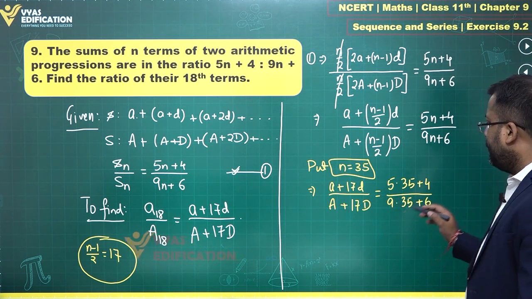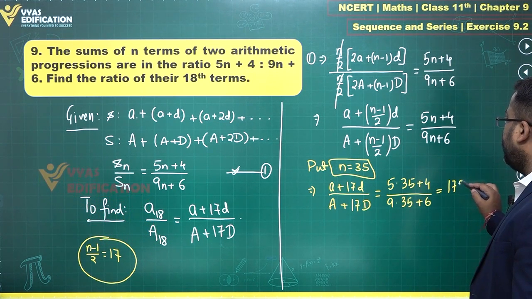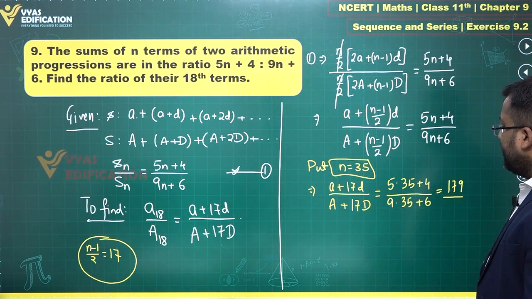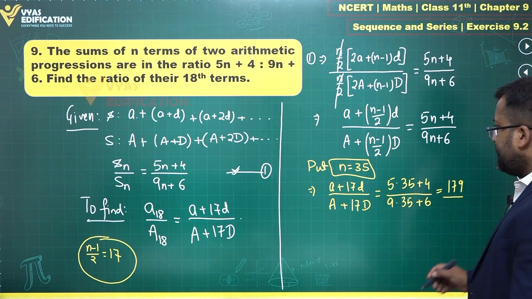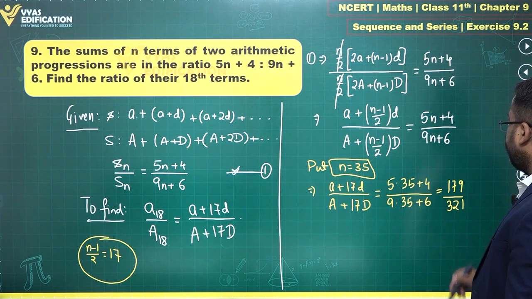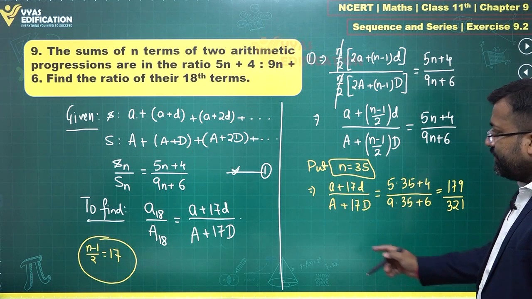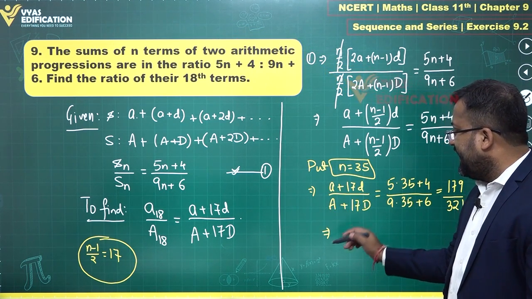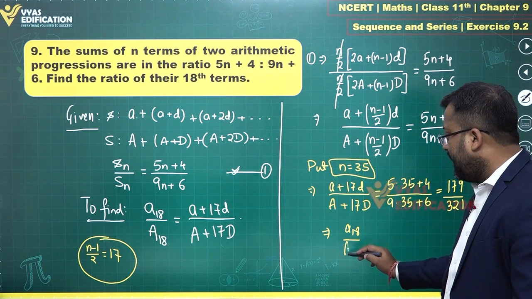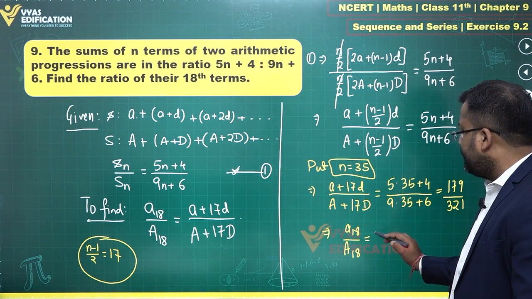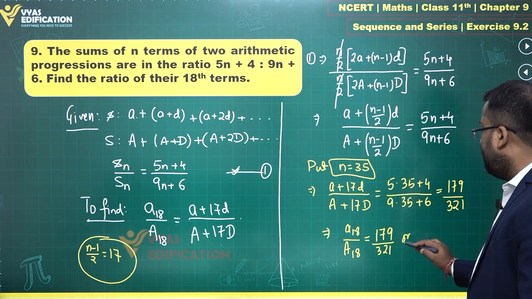What does this simplify into? 5 into 35, what is that? 175 plus 4 is 179, and this 9 times 35, well, 315 plus 6 is 321. That's what you have, right? And do these get cancelled? Maybe. But this particular value is equal to small a18 upon capital A18, and that ratio is 179 upon 321, or